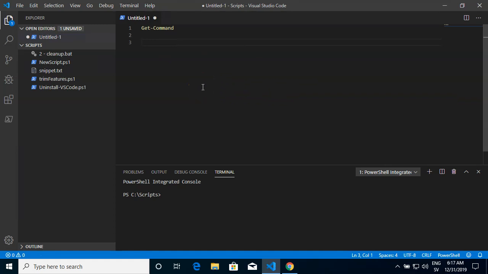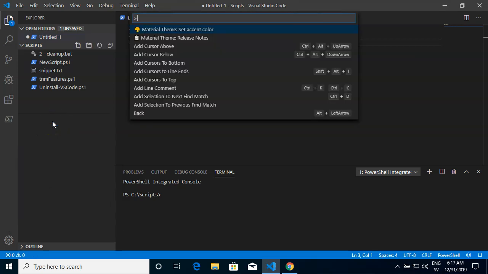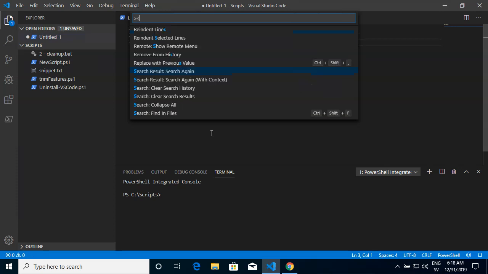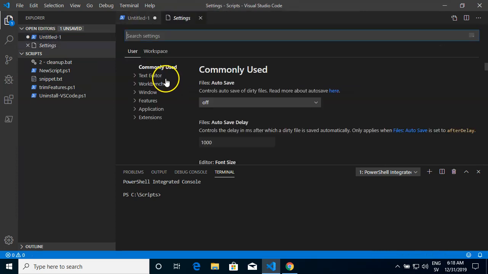For that, we can go to Manage, click on Command Palette, or press Control Shift P. Command Palette is a central thing in Visual Studio Code. All of the settings and stuff like that will be here. And if we type settings and then go to open user settings,